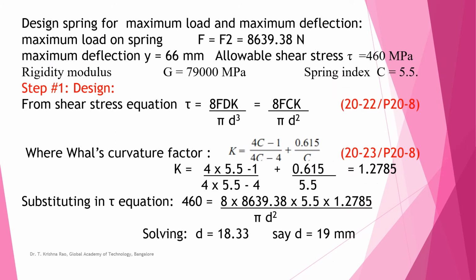So we should always design the spring for supporting the maximum load. It should give us the maximum deflection. What is the maximum load coming on the spring? That is during the pressure of 1.1. What is the maximum deflection? The initial deflection we already have is 60 mm, plus another 6 mm lift, so 66. The allowable shear stress, the material is given. G also we have taken from the table, and tau is given here.